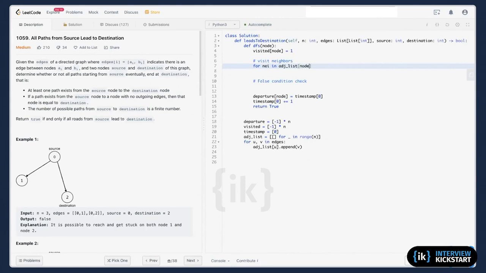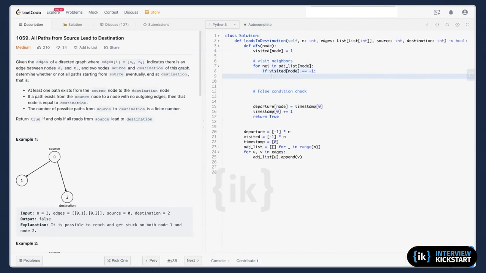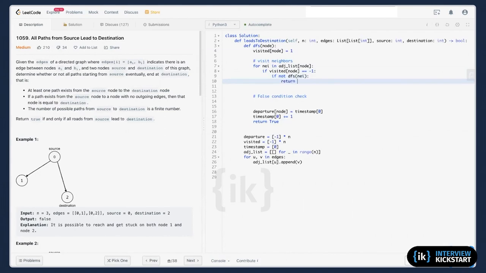Okay. So if the node has not been visited yet, then I should just go and visit it. I will put this here. This one I'm going to return true or false. If this returns true, I keep checking; if this guy returns false already, then I don't even need to keep doing anything. I will just return.